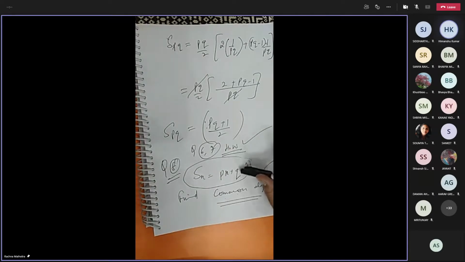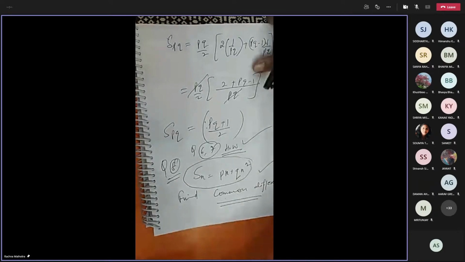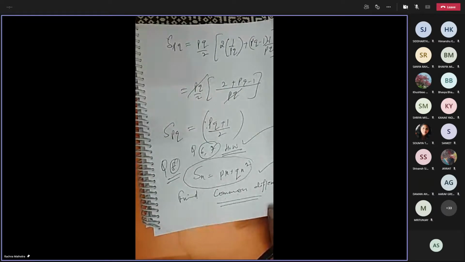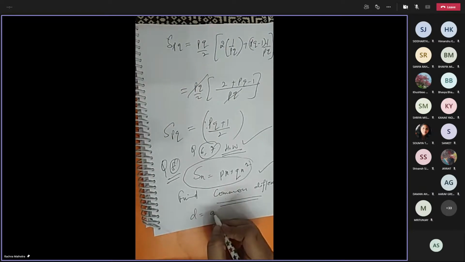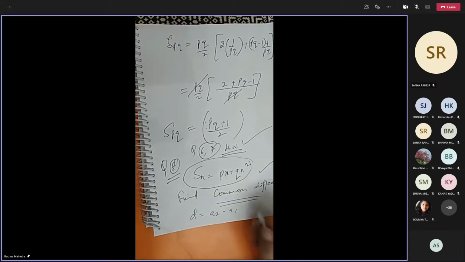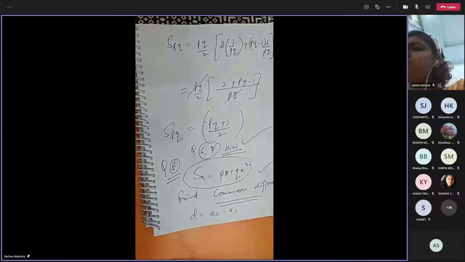Yes, ma'am, I found this in an online reference book. I'm not asking for the answer, I'm just asking for the formula. Which concept can we use here? You are just telling me the answer, 2 times Q. The common difference we can find with the help of A2 minus A1, and one more way we got is Sn minus Sn minus 1. One student told me the answer. How can we find the common difference? The other way of finding common difference is that